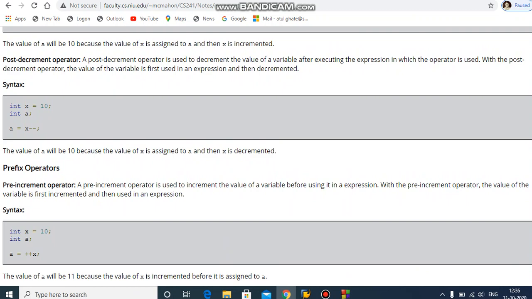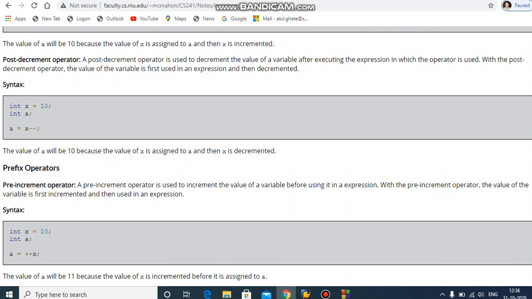Don't confuse them. The post decrement operator is used to decrement the value of a variable after executing the expression in which the operator is used. With the post decrement operator, the value of the variable is first used in an expression and then decremented.